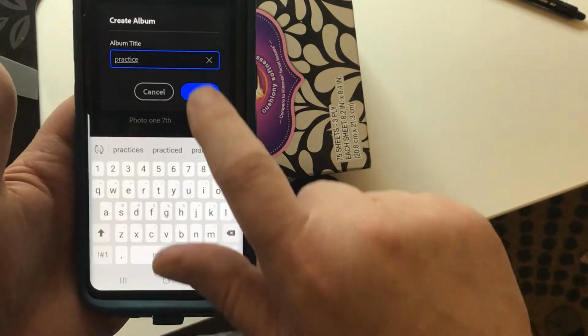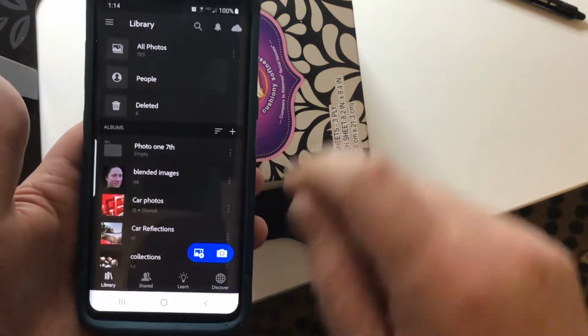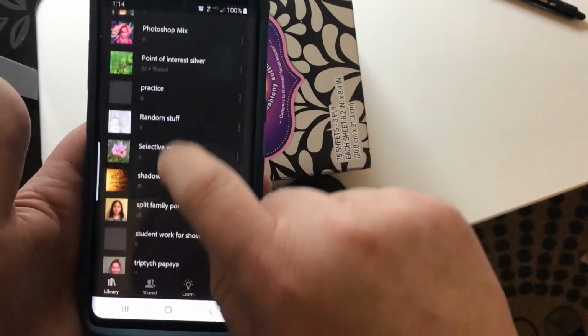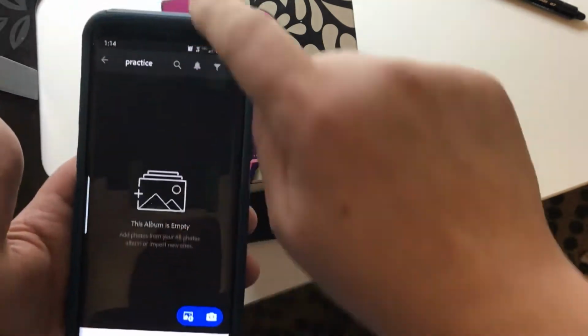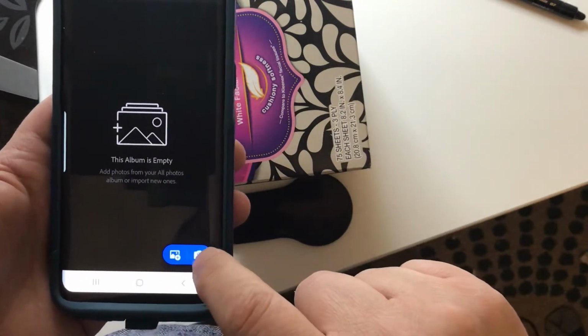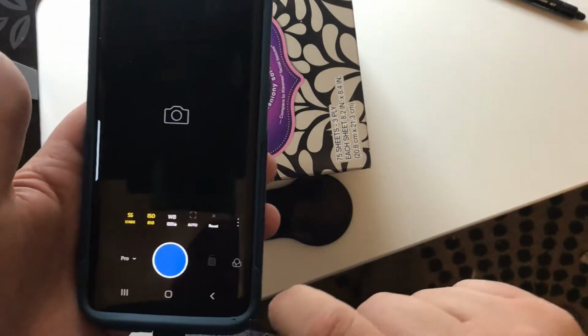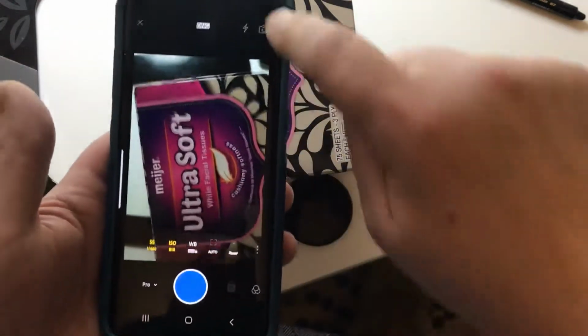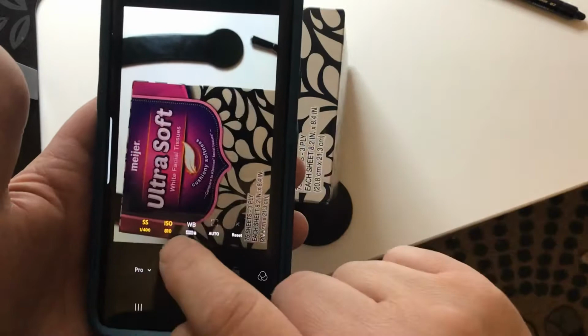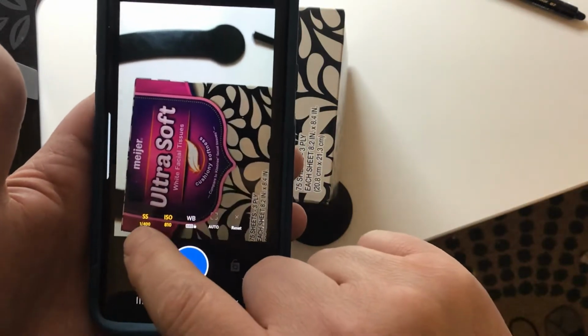Okay. And now that I have that, I can see that I've got all my albums right here, but I believe I'm going to click on Practice. So I'm in the album called Practice, and now I'm going to click on this button right here. And when I do that, I get all my options down here. So I've got my lovely tissue box in front of me, and I'm going to just manipulate right now